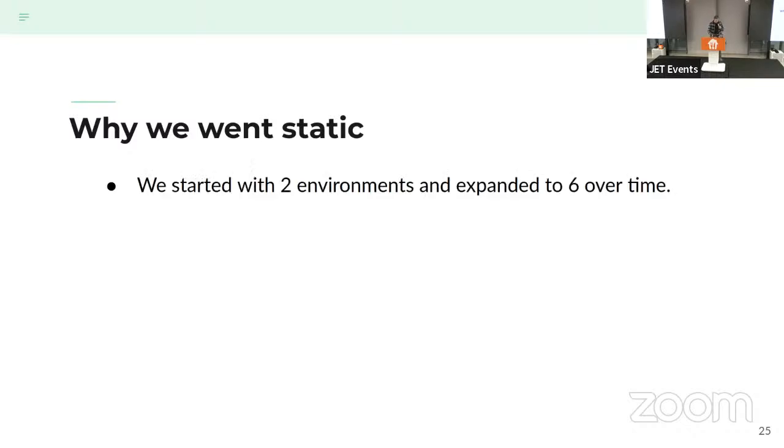So currently we utilize 6 environments, 3 of ours and 3 of the customer. So that's 6, right? So it's not much. And we started with 2, so it's even less. So we didn't need the dynamic environment if you don't see the reason already.